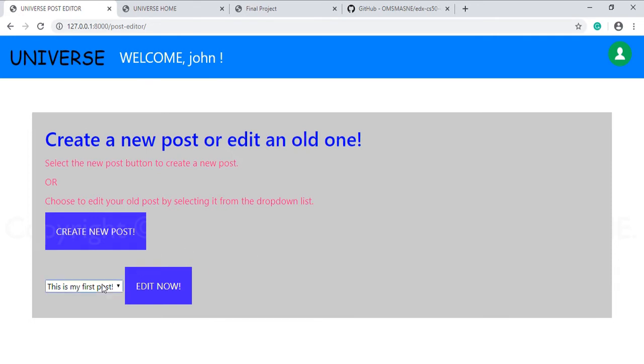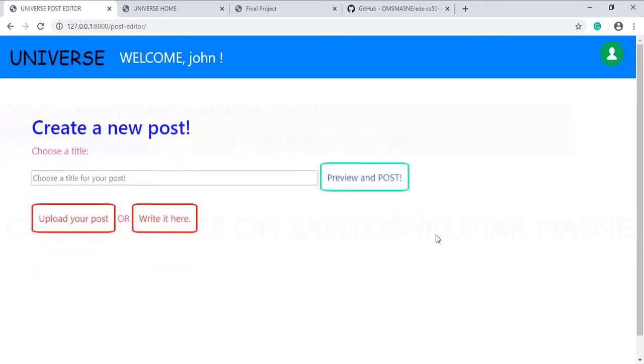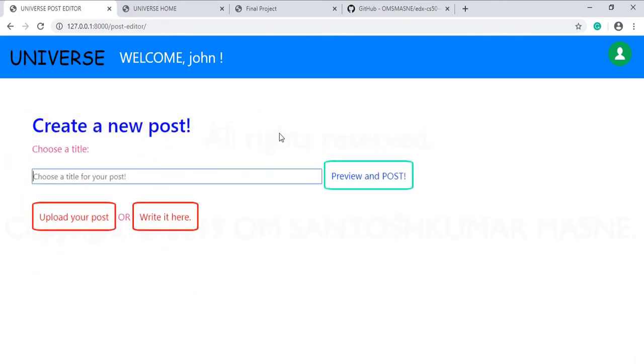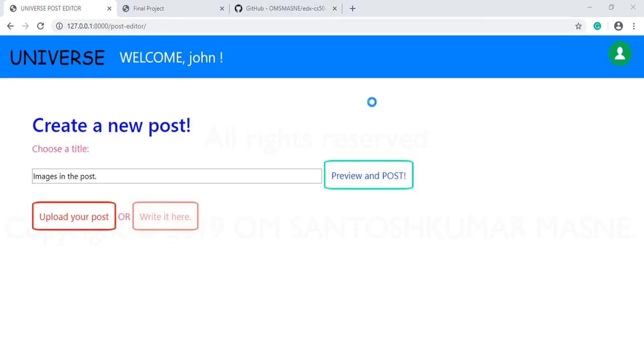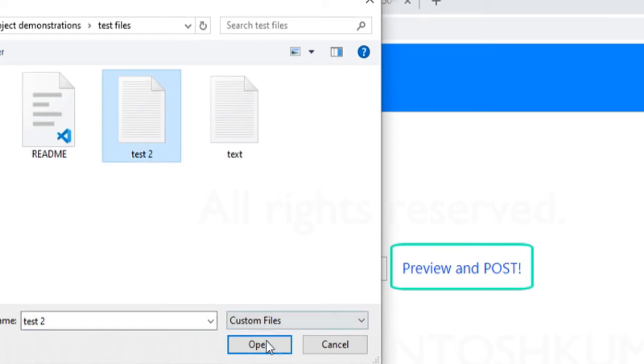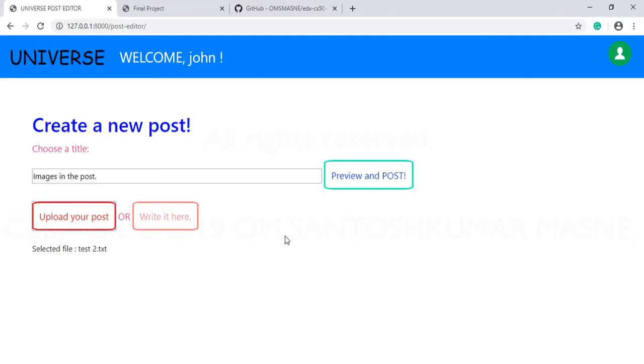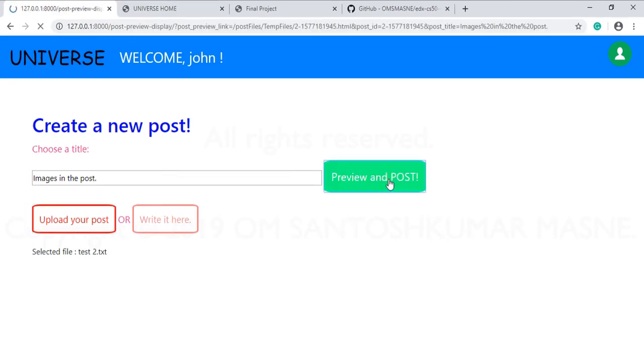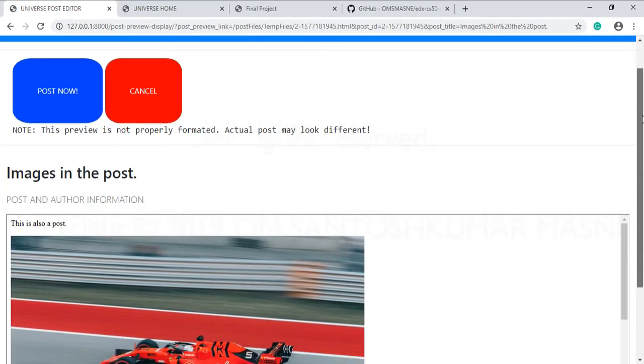The user now has option to edit his post. This post has images in it.